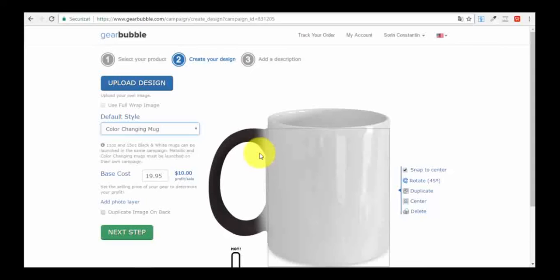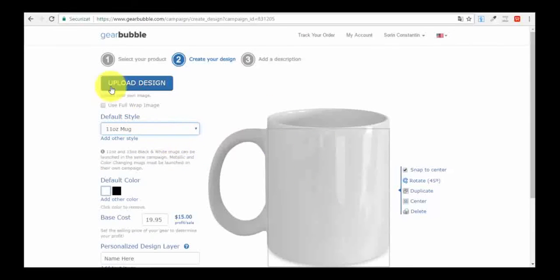Okay, so when the mug is empty without any hot drink in it, it will be black. Or when it has cold drink in it, it will be black. But when it has a hot drink like coffee, tea or something, it will become white and allows you to see the actual design, right? So this can be something very interesting, but I will go for the normal one right now.